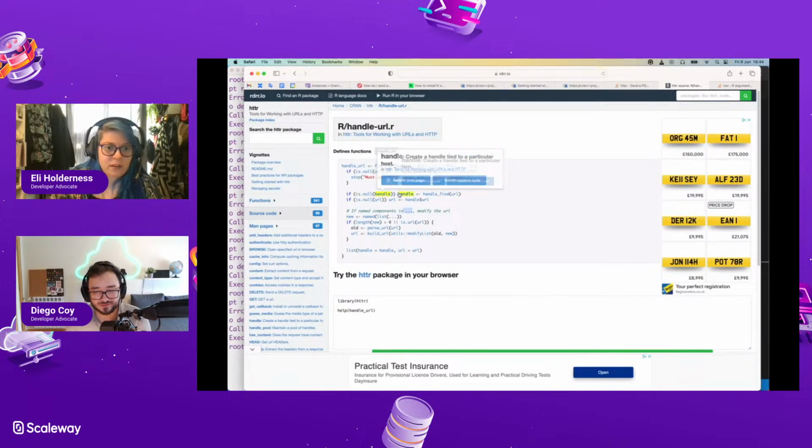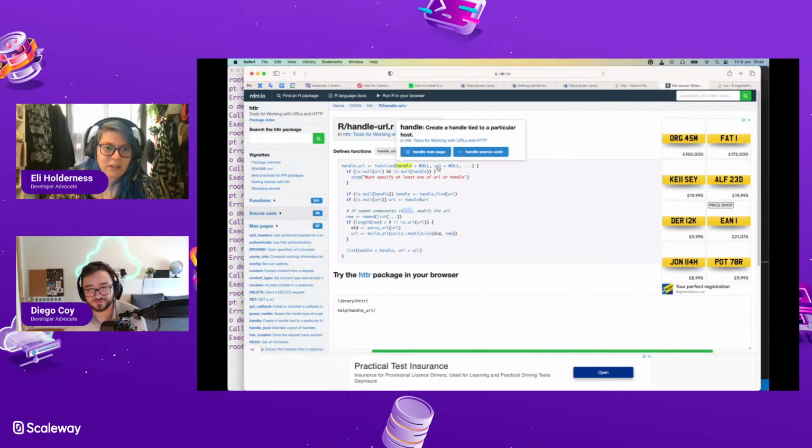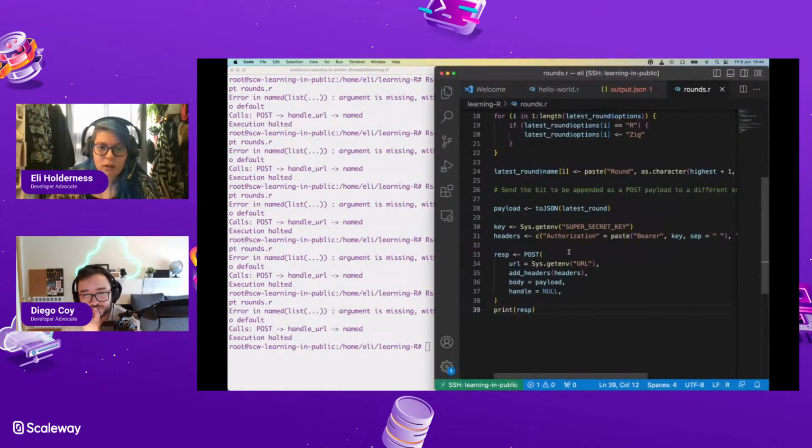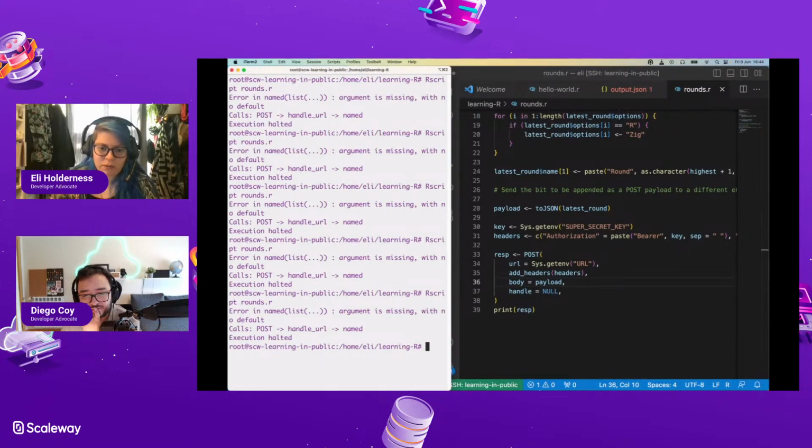If the handle is null, find the URL. If the named components in this handle is null, URL could be null. If there are named components in here, so what it's caring about is that we've got body in here, I think, maybe, because it needs to then modify.